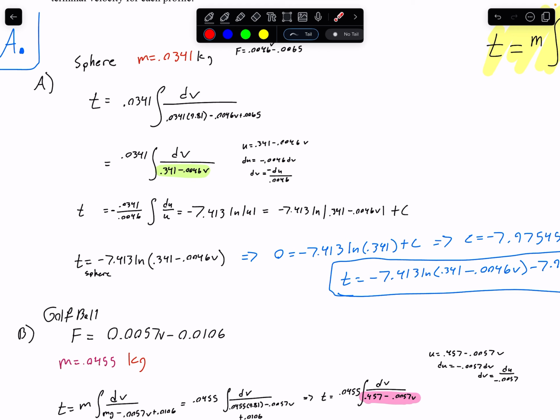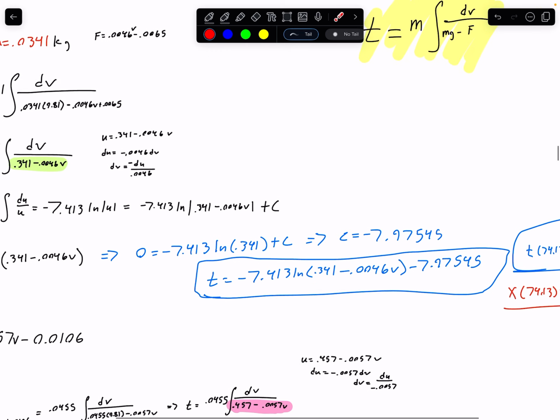And so doing u substitution, we get negative constant out front times the integral of du divided by u, which is equal to whatever out front, which is equal to negative 7.413 natural log of u. Important note that these are always absolute values, but we get negative 7.413 times the natural log of 0.341 minus 0.0046v plus c, because if you put v equals 0,